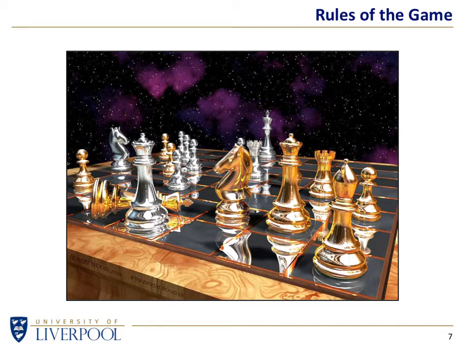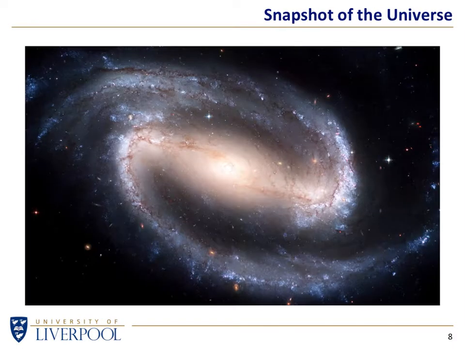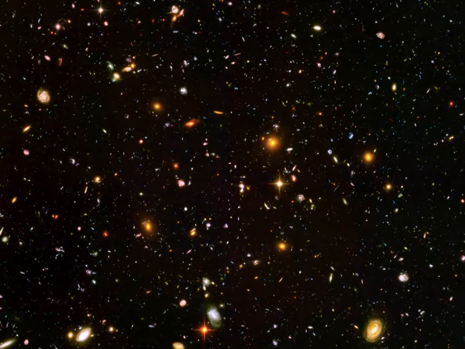It's not good enough to look at a dozen, but if we had 1 million of them, we might get an idea of the rules of chess. And that's what we do with astronomy. We don't look at one galaxy and try and work out how the universe came to be. We look at a large number of galaxies.